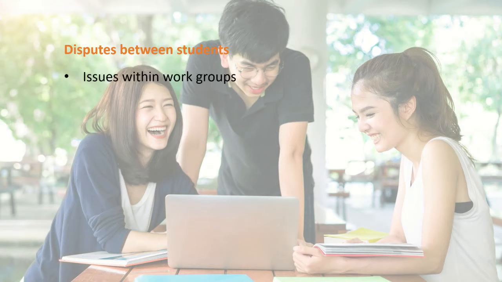So these smiling, happy students don't appear to be in any kind of dispute, but what can happen is that we get students coming into university courses who've maybe done their A-levels all on their own with very little teamwork or working within groups. What often happens in undergraduate courses is that students are expected to put their heads together and work within work groups of 3, 4, 5 students working on a piece together.